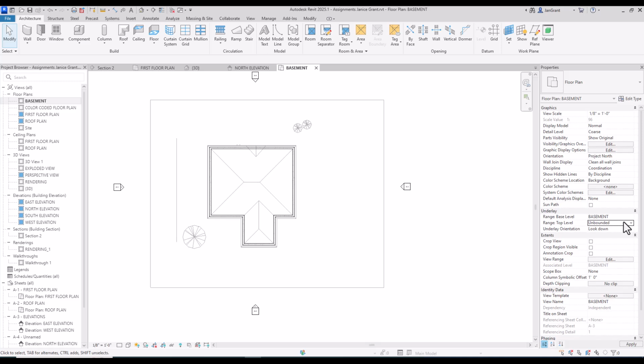That means it just keeps going, and you're looking down. Then you'll see the roof. And honestly, this is the first time I've had to turn off the roof in this view in order to see the walls. But like I said, I have tried every combination here, but with this newer release,